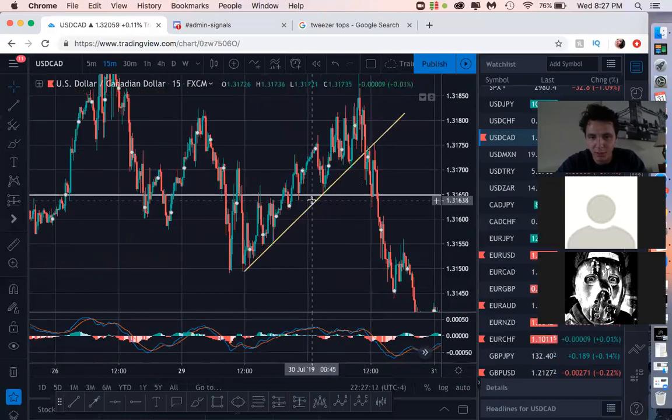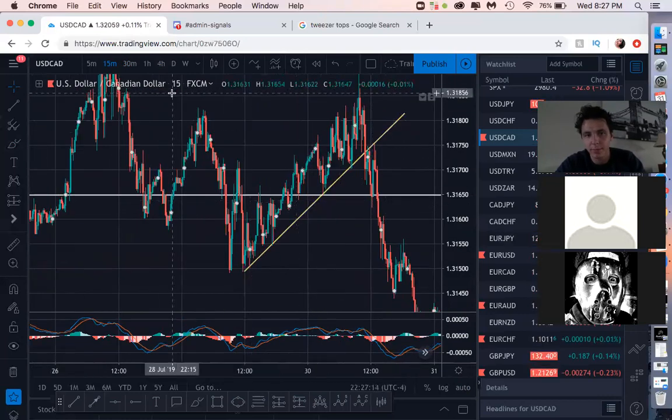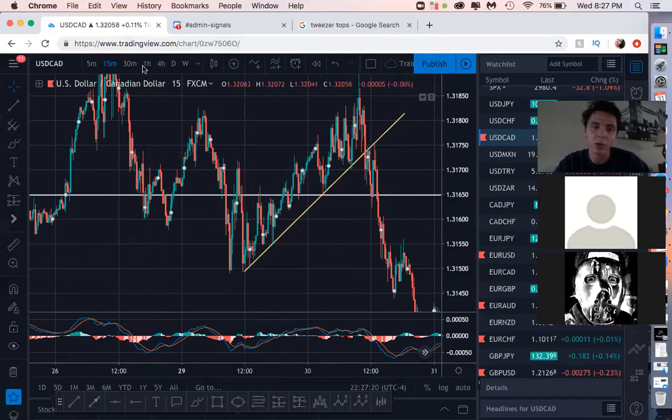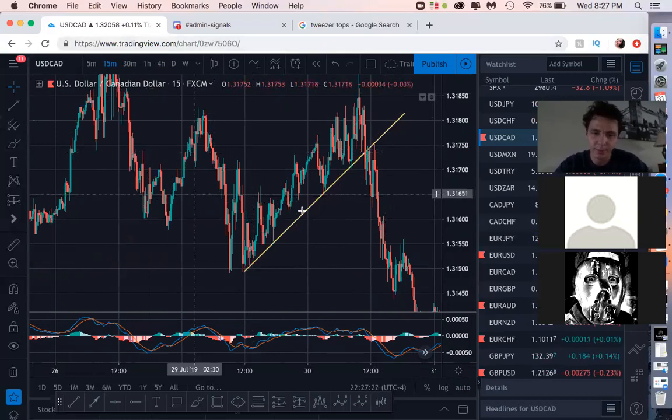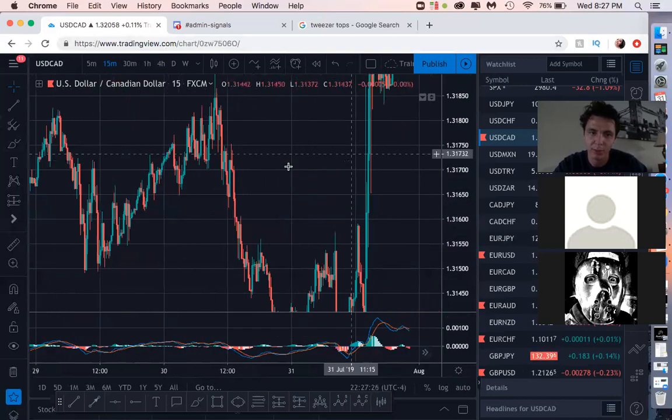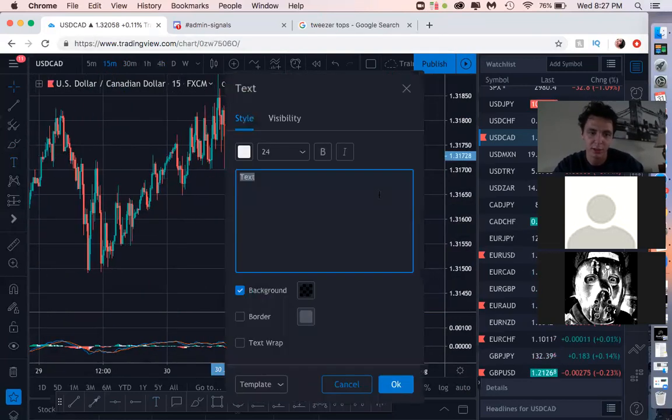What time frames do you look on for the trend line to be broken? Okay, that's a very good question. When I'm looking for these trend lines, I'm looking on the higher time frames. So I'm looking for my trend lines on the 1 hour, 4 hour, and the daily. That's where I'm trying to find these trend lines.